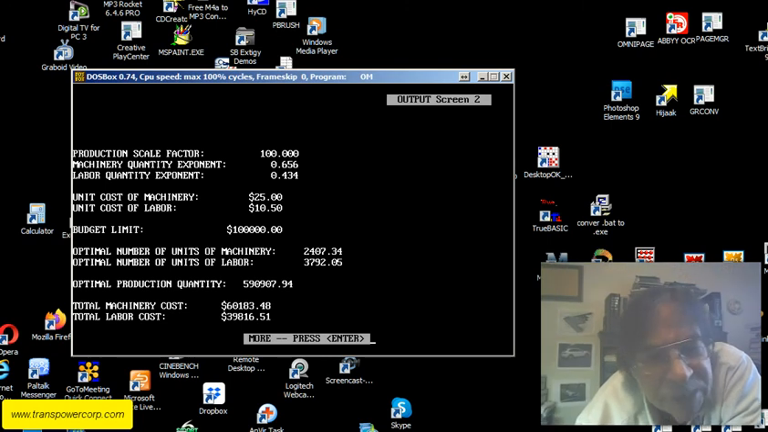So again, we have the production scale factor of 100. The machinery quantity exponent is 0.656. The labor quantity exponent is 0.434. The unit cost of machinery is $25. Unit cost of labor is $10.50. Budget limit is $100,000. So it's telling me here optimal number of units of machinery